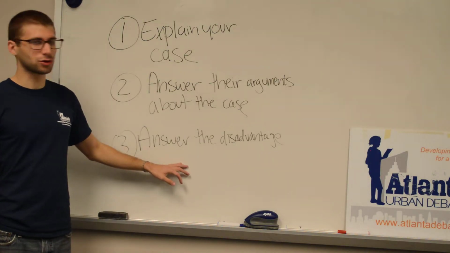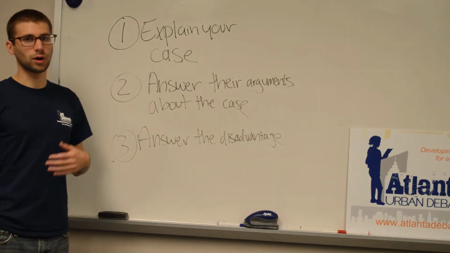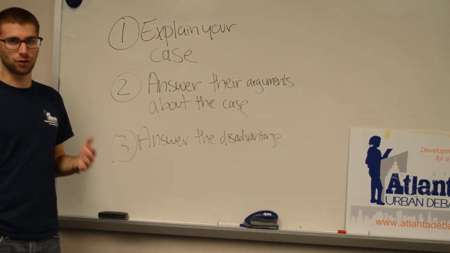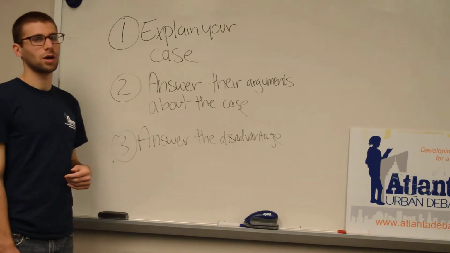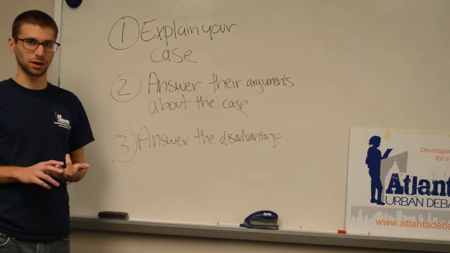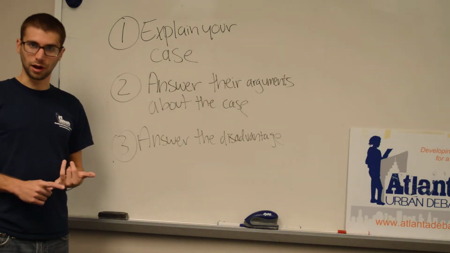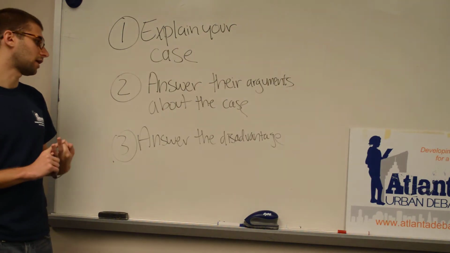The third priority in the 2AC is to answer any disadvantages they've put forward. And this is where taking a look at the video that we put out earlier about writing blocks is really important. So even if you're in varsity, there's only 3 total disadvantages in the packet. There's the economy disadvantage, there's the NASA disadvantage, and there's the environment disadvantage.